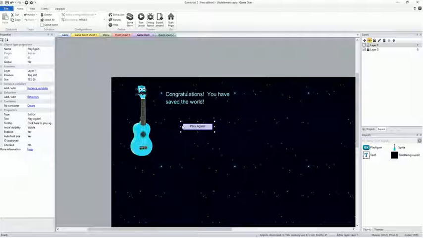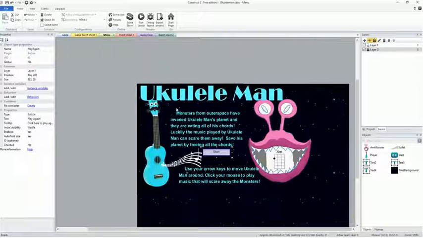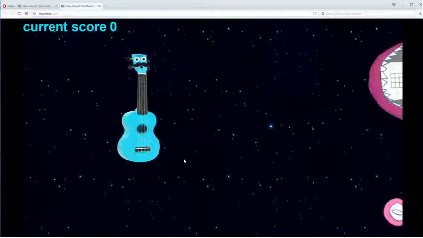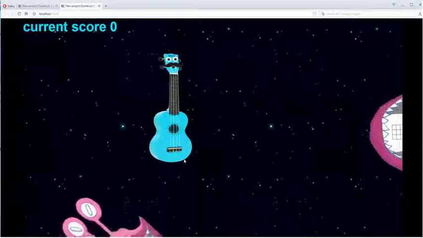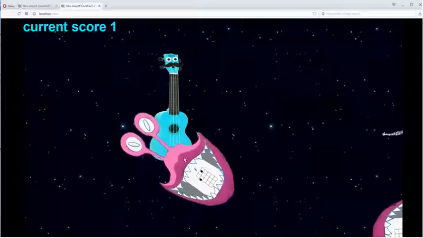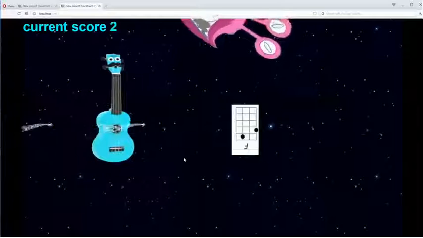And also creating that page. So I'm going to go ahead and run the layout from the menu sheet here, which is the beginning of the game, to kind of show you what's been done. So you click the start button and it starts the game, and then you have to kill all the monsters, which I haven't